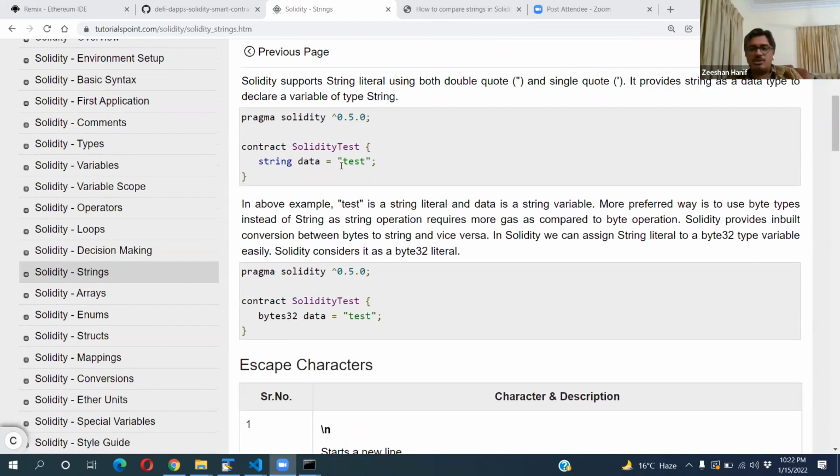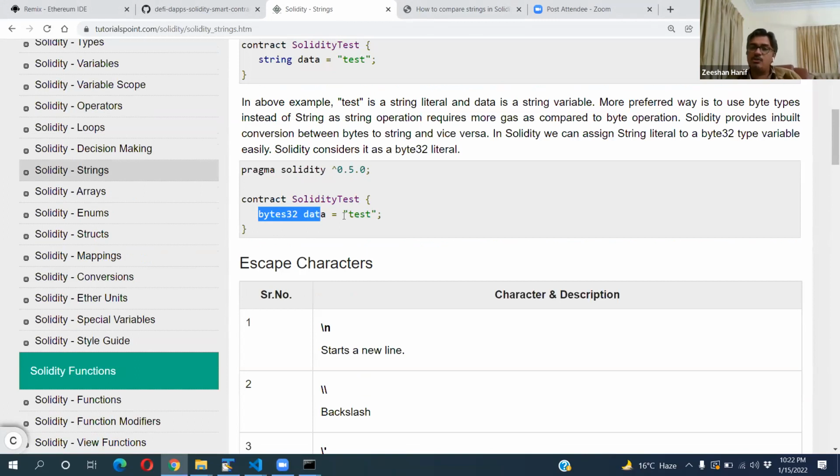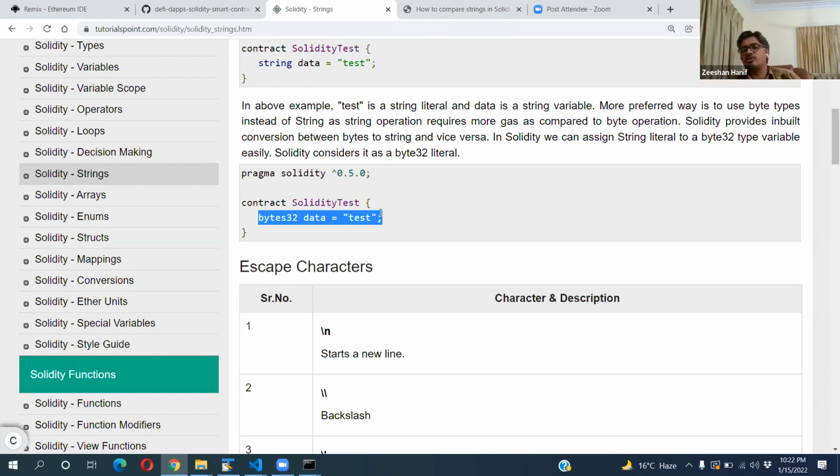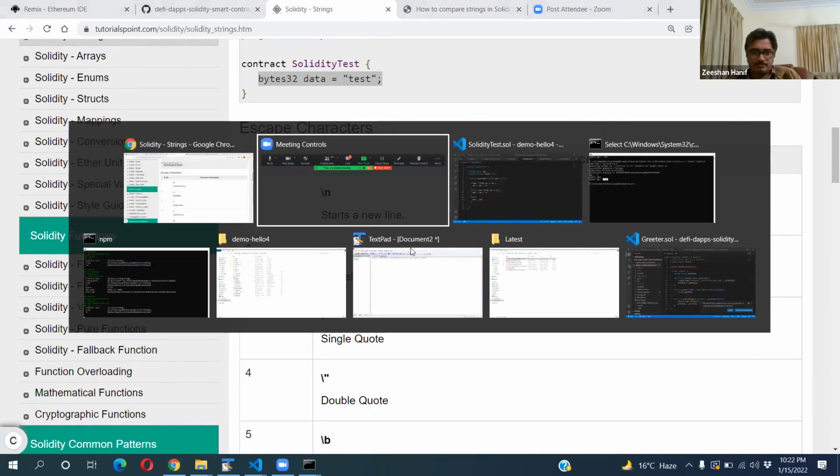But calling a string variable is similar to how we call the string data, and that's the simple string variable. But what you can do is use the bytes32 data type. It also gives you the string functionality. Whenever you write any string, it just stores as bytes inside the system. So you don't have to worry about the string or bytes. If you write bytes data, it's as good as a string, because you don't have direct comparison and concatenation operators. So in our case, let's say,